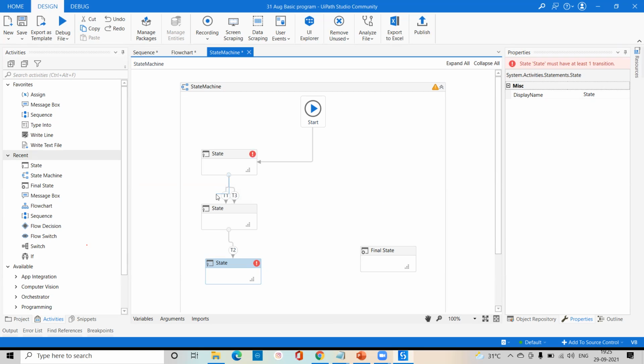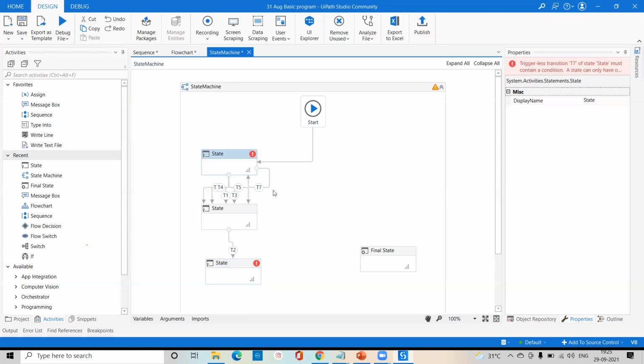In transition also we have two types of transition, that is called forward transition and backward transition. Especially I will tell you what is transition, and in this there is one more transition, that is called a loop, a self loop transition. Okay, so you can see here, this way also we can go further.